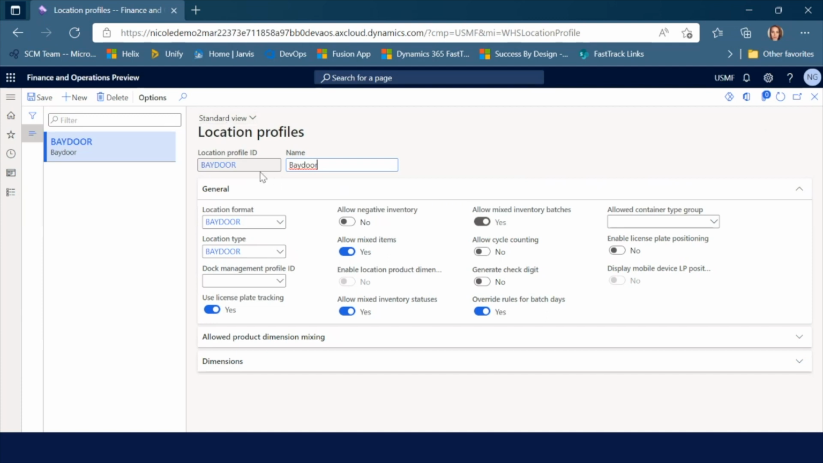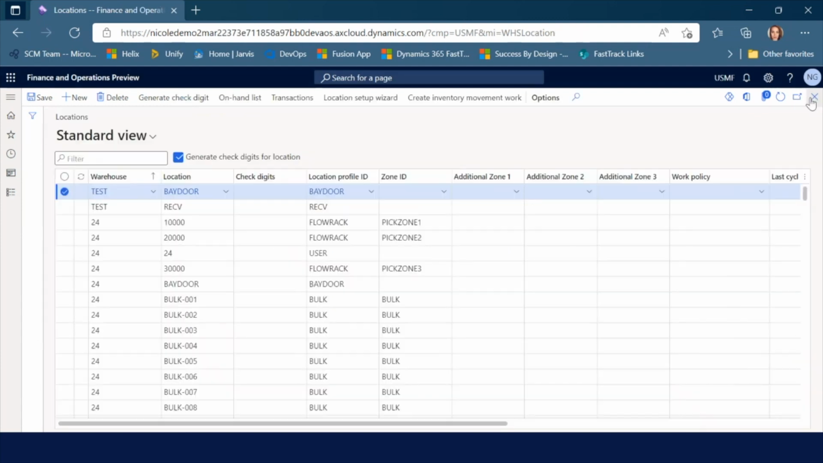So I don't necessarily need to name it receiving or bay door. That's what we have location types for, to categorize locations. But this is in the demo data, so this is what I'm using. Okay. One other thing I will set up here in the locations is I'm actually going to use this location